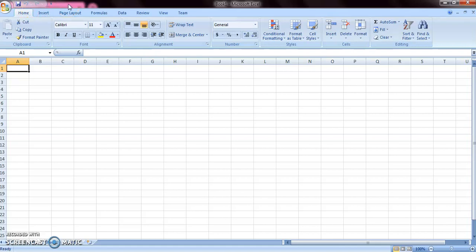And then there is the title bar, in which you can see Microsoft Excel, the application name, along with the file name, that is Book 1. This is different from other Microsoft Office software, just like in MS Word it says Document 1, in PowerPoint it says Presentation 1. In Excel it says Book 1 because each file in Microsoft Excel is called a workbook. So, book is the short form of workbook. So, Book 1 because it is the first Excel window that appears here.